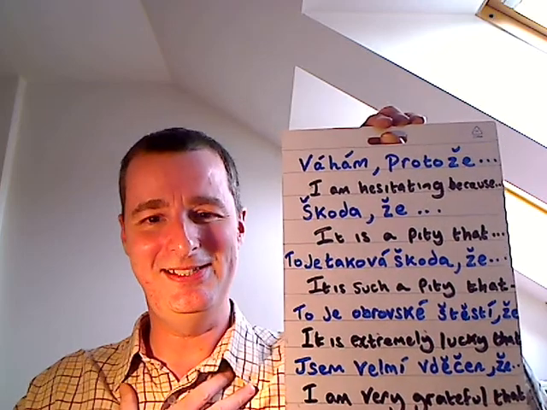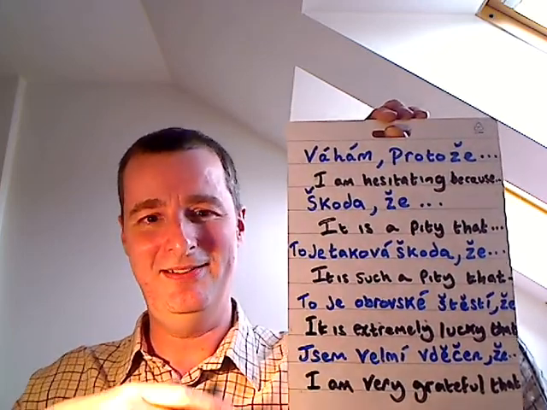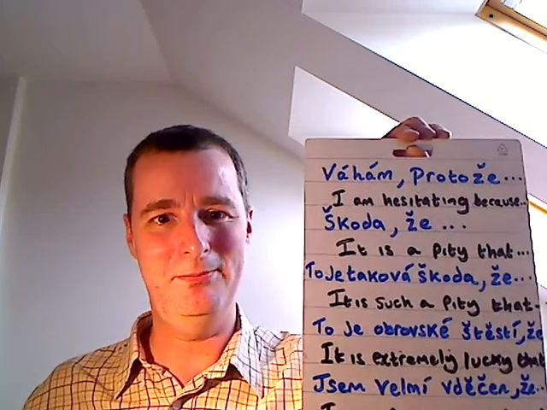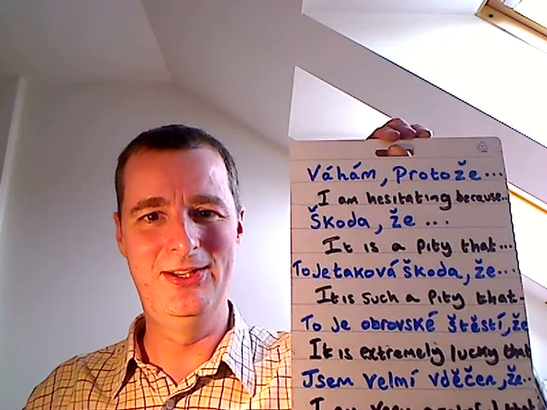So again, you can just use the emotions and then put že, that, or protože, because, and so on, and add them to sentences you're going to say to inject emotion, or you can just use them on their own, just to show that you're actually personally involved and have feelings about something. So that's emotional connectors. Look out for them yourself. Take note when you hear them in conversations, jot them down, and use them yourself.